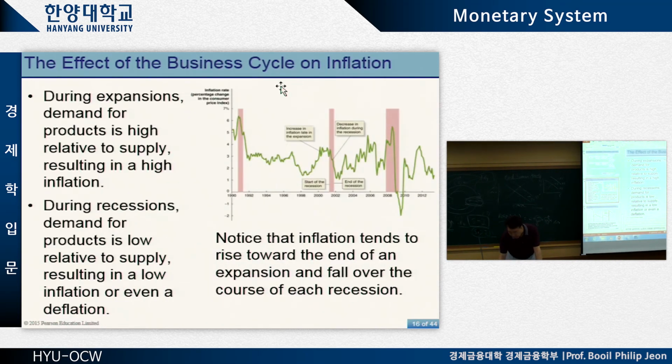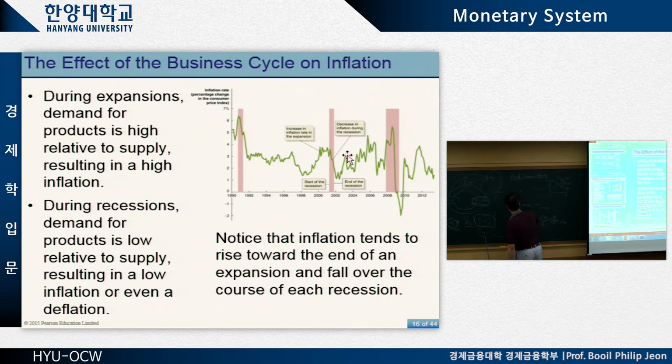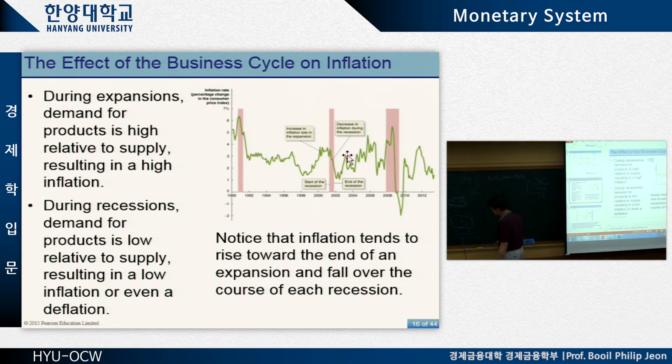The first one, the business cycle and inflation. Right. So if you look at these periods of recession, right, these pink bars are recession periods, right, and the inflation goes down starting from the recessionary period, right? And it actually goes down a little further even after the recessionary period, right? That's obvious. I mean, if you use the concept of aggregate demand and aggregate supply.